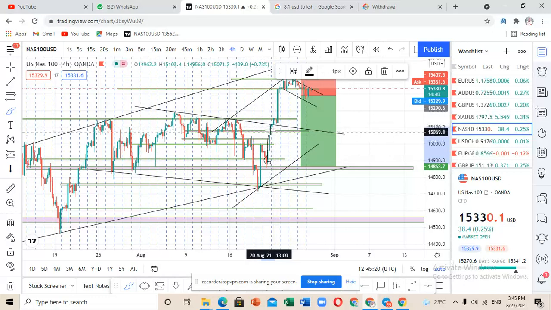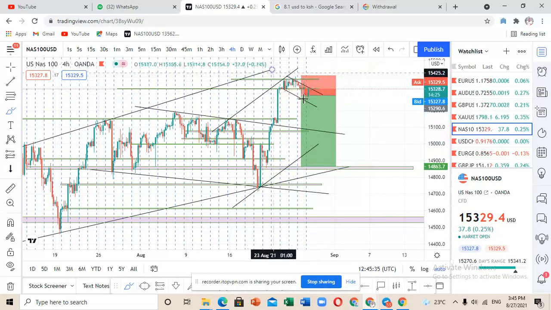came to this point here, had a move to this point of resistance, had a small pullback. Then you can see that clearly the market moved to the upside, and now after touching this trend line above here, the markets are currently moving toward the downside. After touching this, we have got two touches here, and whenever we have double touches on a certain trend line, especially when it comes to NAS 100, we usually have a move to the downside.